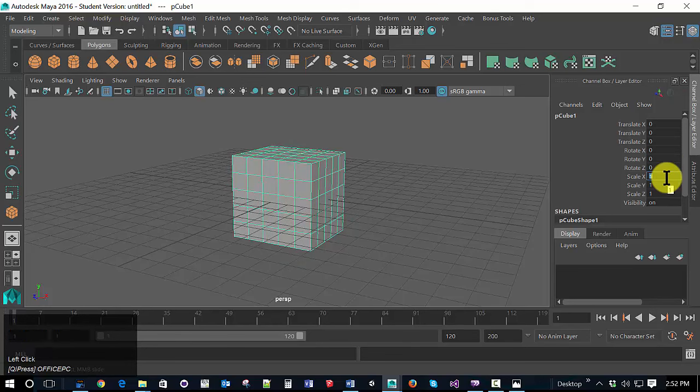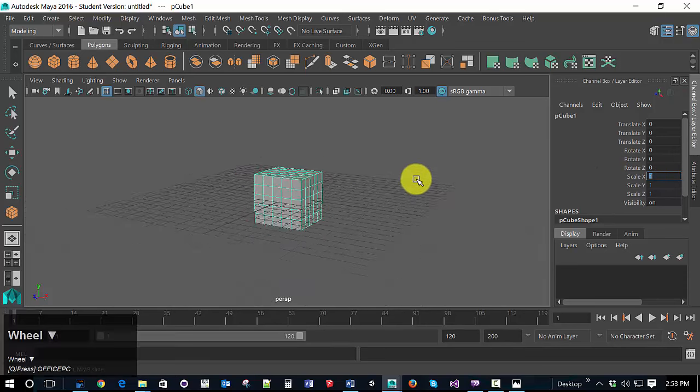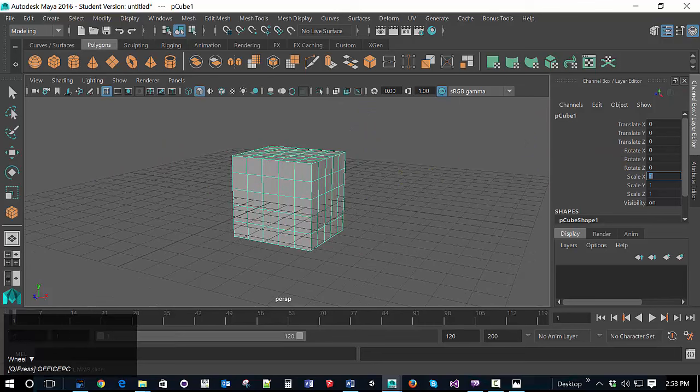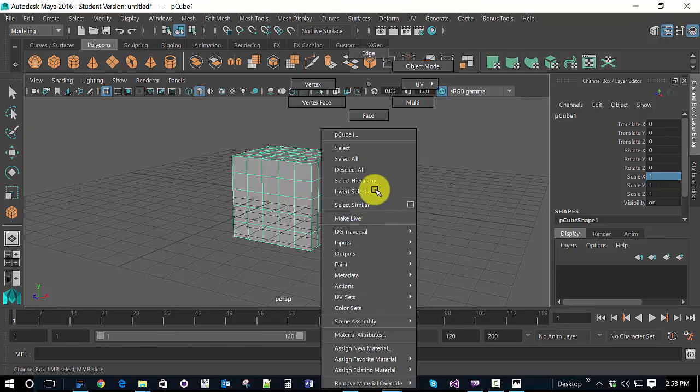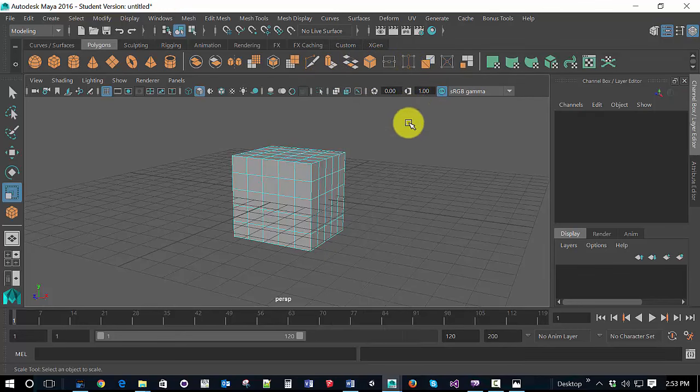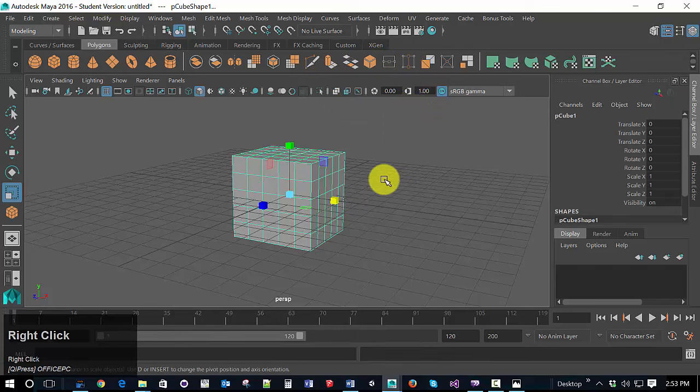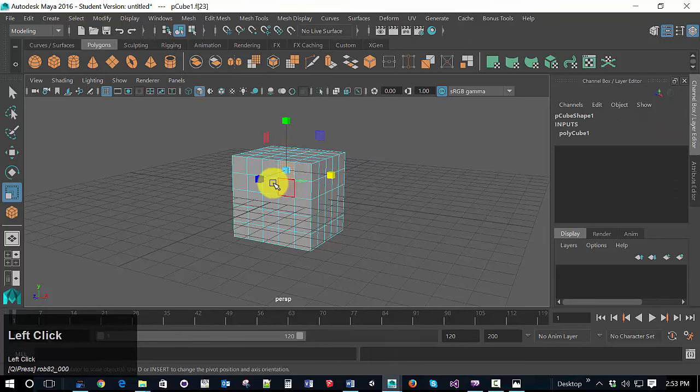The best way to learn these is just play around with all the different controls. We also have a right-click pop-up menu that when we hold down the right-click button, you'll notice that as long as you hold the right-click down, you can select these different options. So let's go to face selection mode. If I go to face selection mode, you'll notice that rather than selecting the whole object, I'm selecting individual faces on my